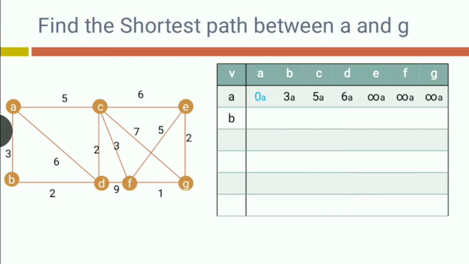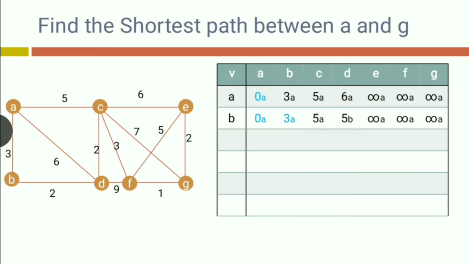So including B in our shortest path, we have to see the distance of all of the vertices from B. We'll write 0 and 3 as it is because they are already in our path here. Then distance of C from B. C is not directly reachable from B, so it will remain the same, 5A. E, F and G are also not reachable directly from B, so for them also that will remain infinity. Now distance of D from B is 2, and so 3 plus 2 will become 5. So there's improvement. We'll write 5 here.